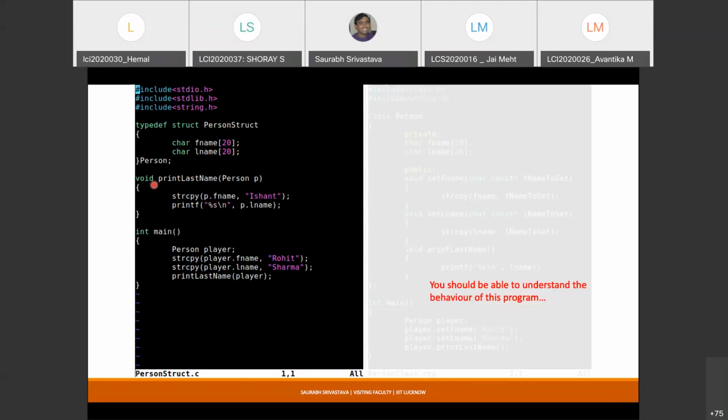Now you have a function called print last name, and you give it a type. And by the way, I've used typedef, so from here onwards I can use person instead of writing struct person struct.